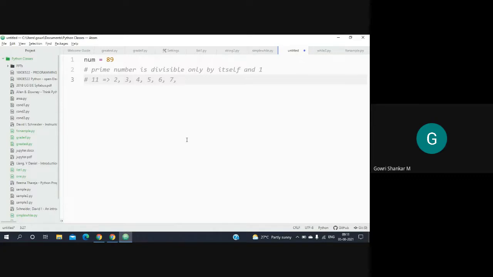Now my objective is, if I divide it by a number that is lesser than 11, and if the remainder is 0, then that means the one that I divided by is a divisor of 11. So I try to divide it by say 8, and 8 is not dividing 11. I'm getting some remainder as 3. So as a result, 8 is not a divisor of 11.